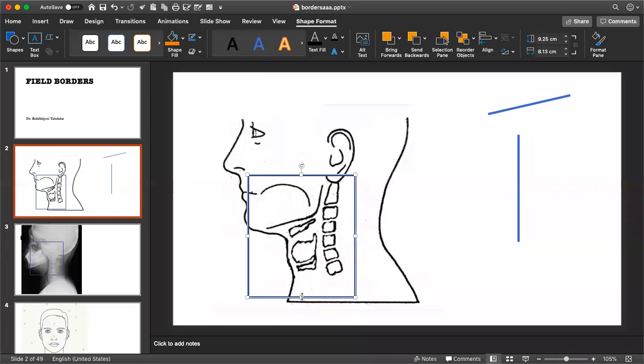Again, the inferior border depends. In case of an oral tongue, you can have skip metastasis to the level 4 nodes. So again, you would have to include the level 4 nodes, and that you can do either by using a low anterior neck, or you can use just parallel opposed beams.